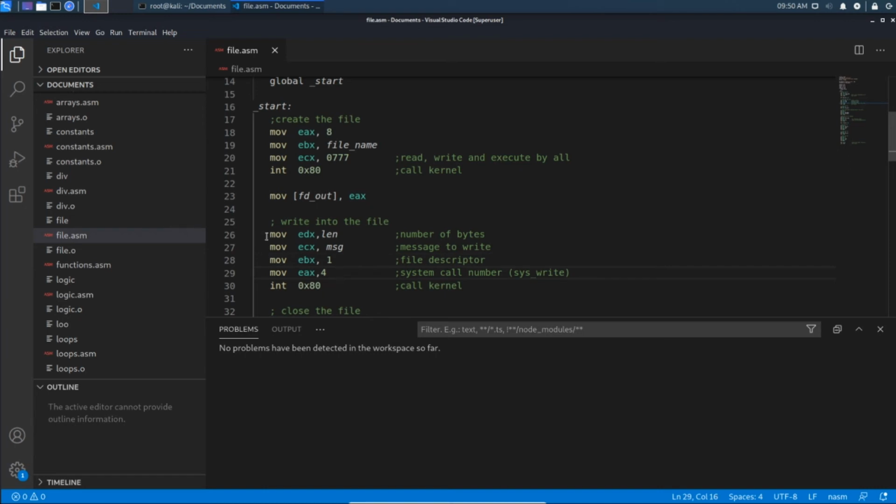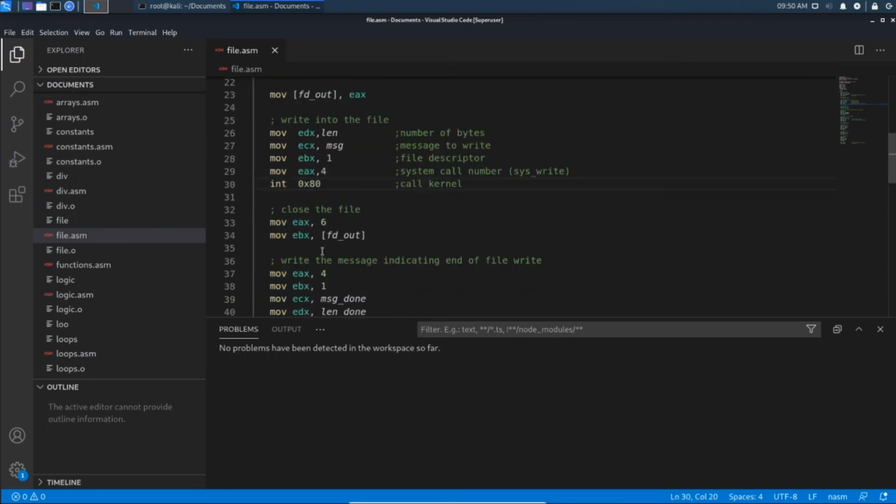I think all members know what the code will do. And here we are going to close the file, because if you pass number 6 to the ax register, then the system close system call will get invoked, and then the file will get closed.